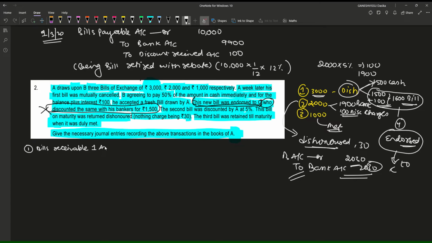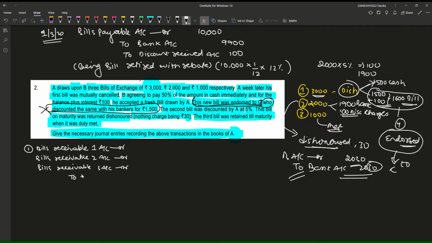Bills receivable 1 account debtor. Bills receivable 2 account debtor. Bills receivable 3 account debtor